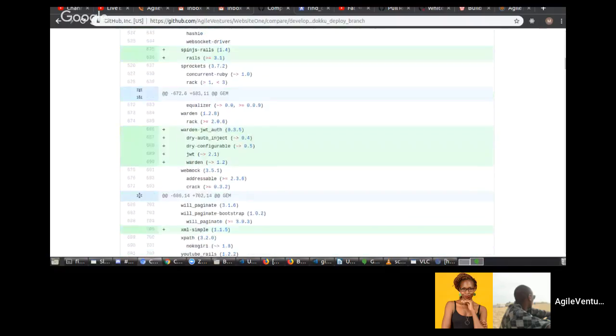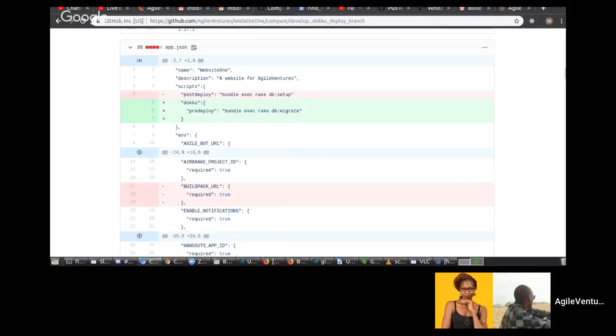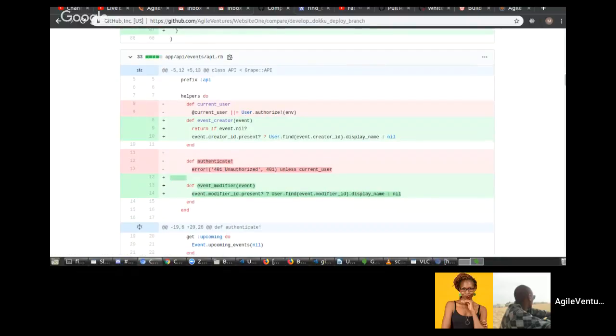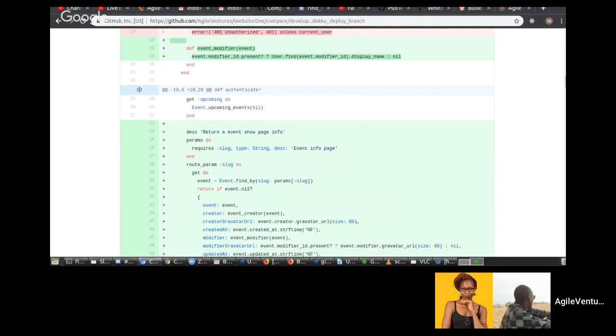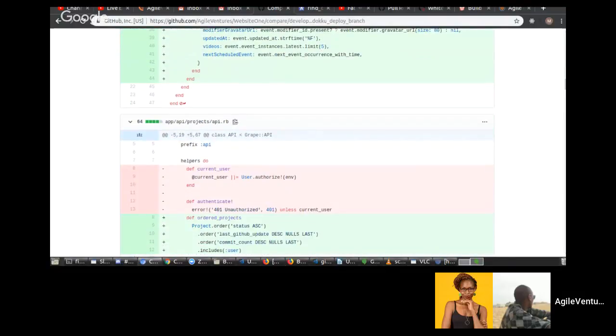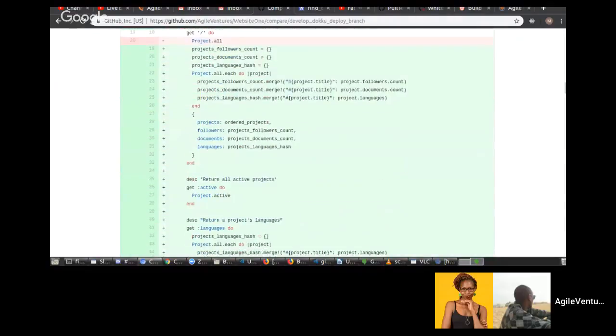But then there's a bunch of changes to the API that we need to put in PRs for, which are relatively straightforward. The only thing is the events API, we need to put in a PR for that, but it needs to be tested as well. The projects one I already put in a PR, so maybe the best place would be to start looking at that one and see what we need to do